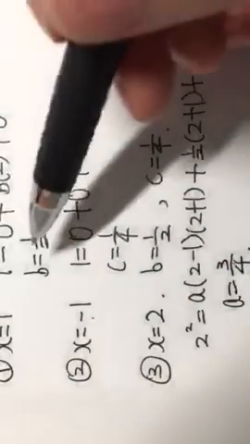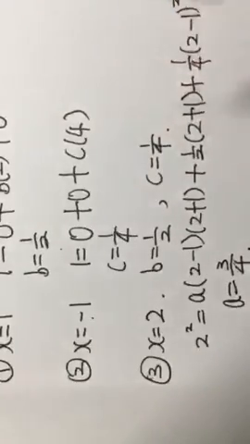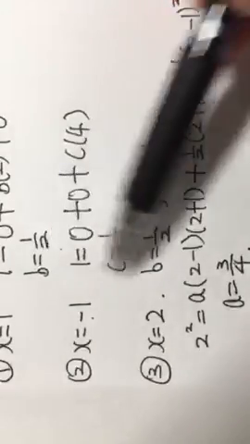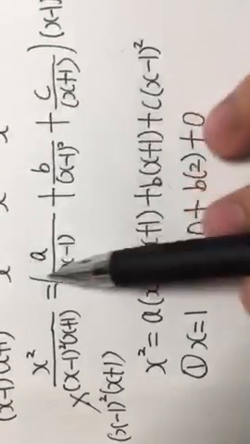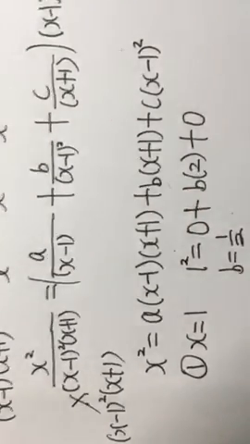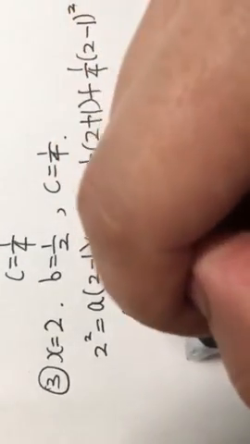And since we found the values of A, B, C, we just need to plug the three values into the fraction we made in the first step. So the final answer will be